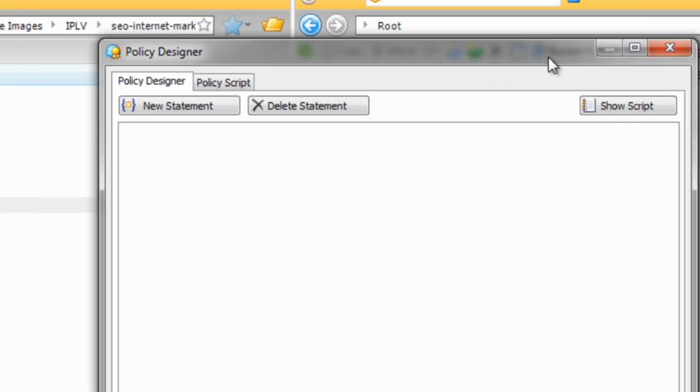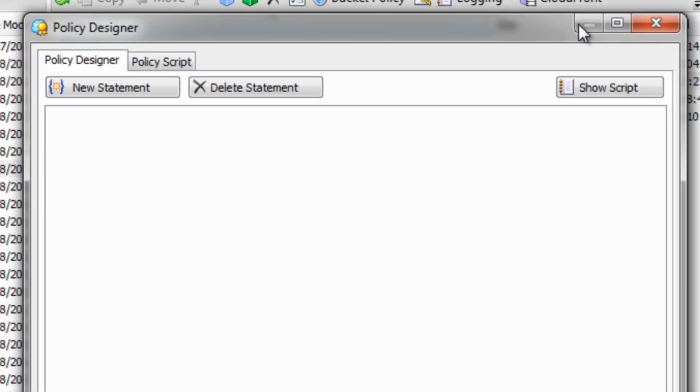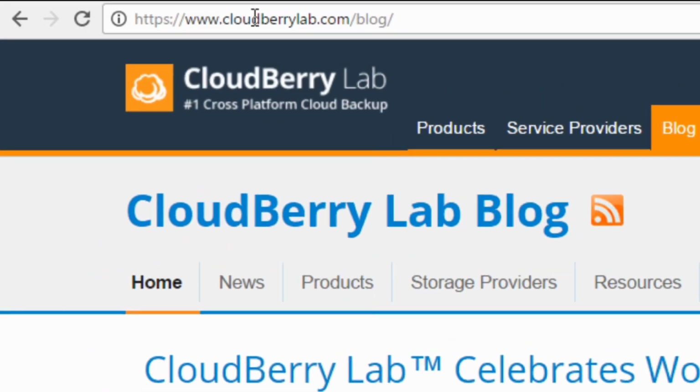Now, this is going to look like code and it's going to look complex and overwhelming. And that's a fact. It is true. But since most of you are newbies, I'm going to show you how to create a bucket policy by getting a swipe file from Cloudberry. Now, I'm going to go back to Cloudberry. So I recommend that you go to